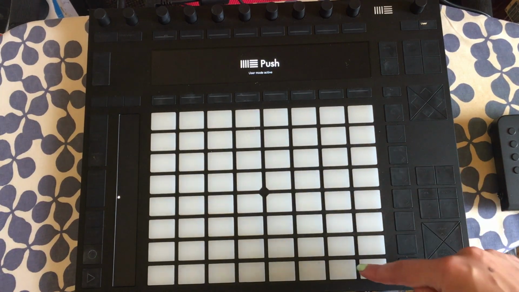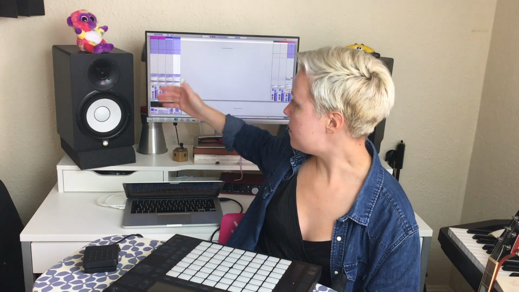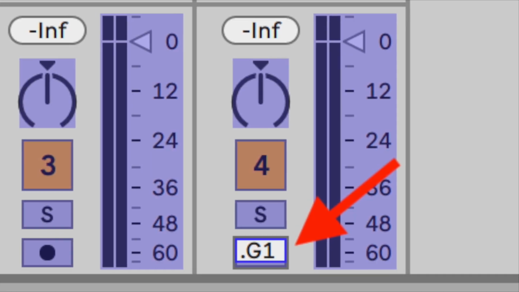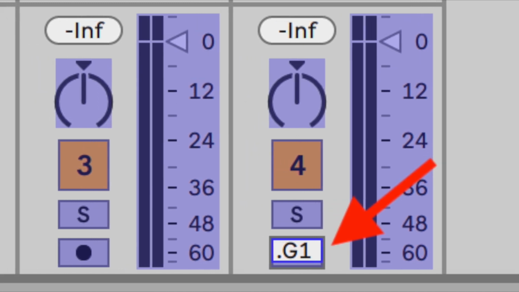So you go to this weird gray user mode, press for the MIDI map mode switch. You know, the MIDI button on the right top corner, you press from there and everything turns blue in Ableton Live. So what that means is that all the things that turn blue, you can then map to here, to this. So, for example, if you would like to activate a track to be recording-able, you can just click that